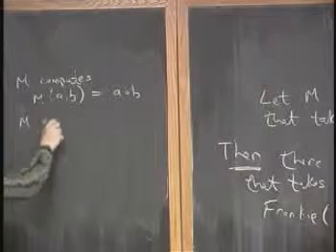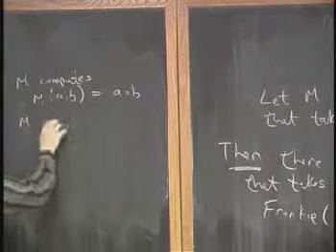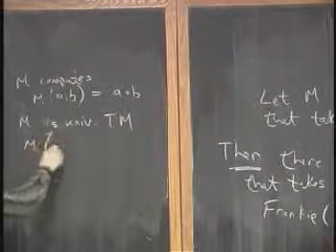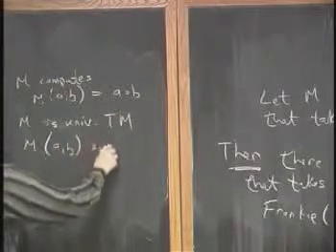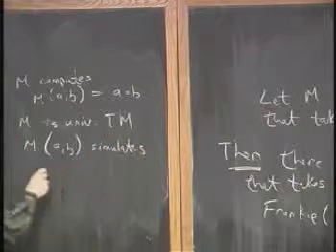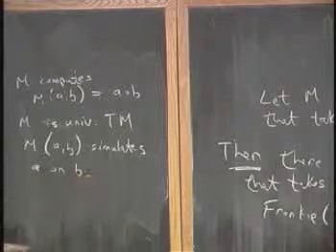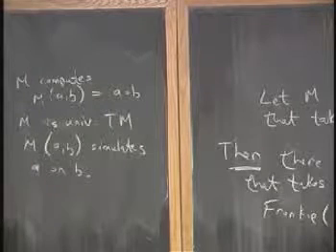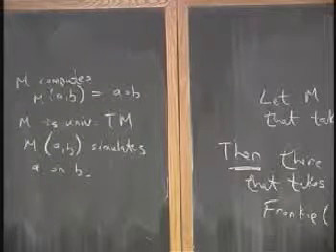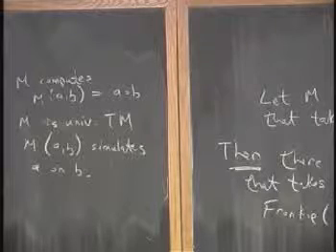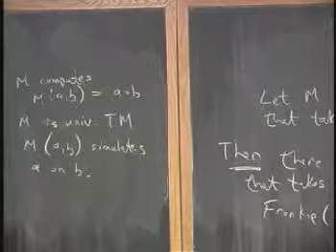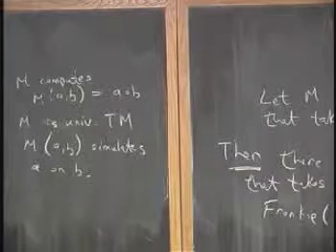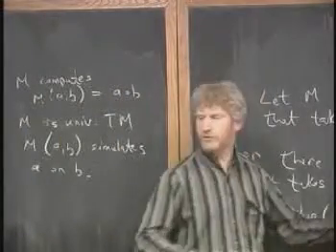Let's say M is the universal Turing machine. How about that? That means M of A, B simulates A on B. Okay, it assumes it gets a Turing machine and it simulates it on B. What does the theorem imply based on this? It implies that there's another Turing machine called Frankie, that if you give it any string, it will do what the universal Turing machine does